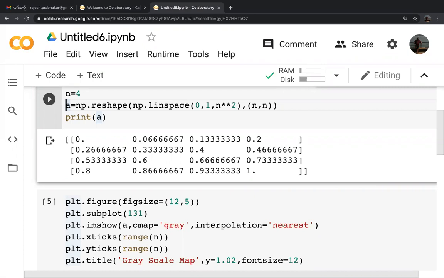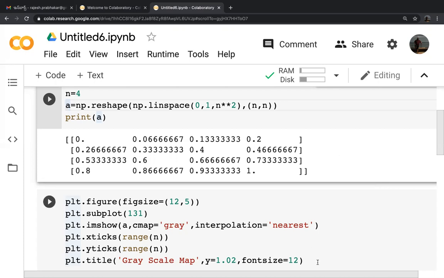We are using a simple NumPy 2D array to create an image. So the NumPy 2D array has been created using linspace and reshape, and using that matrix we have created an image.